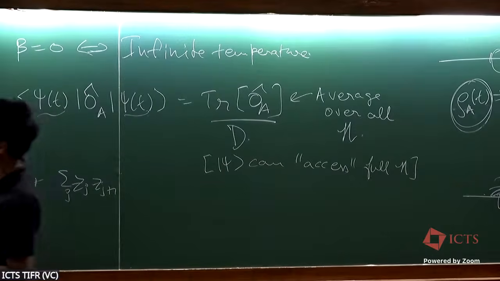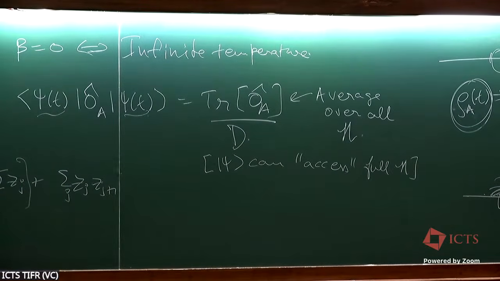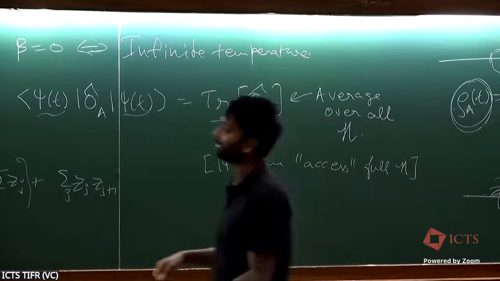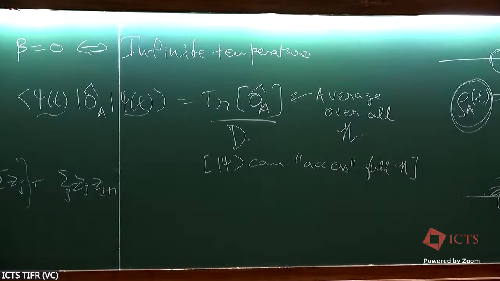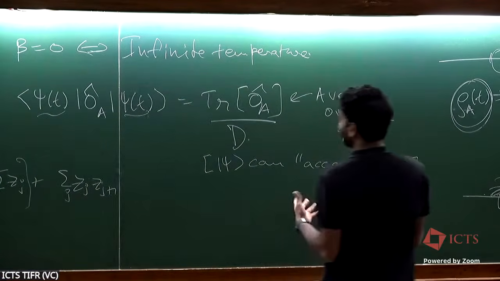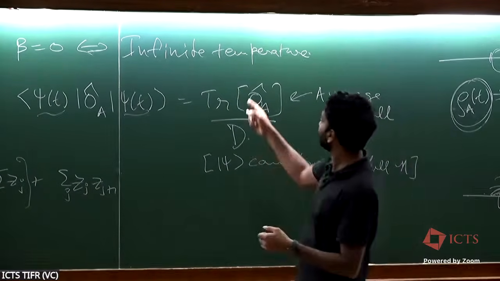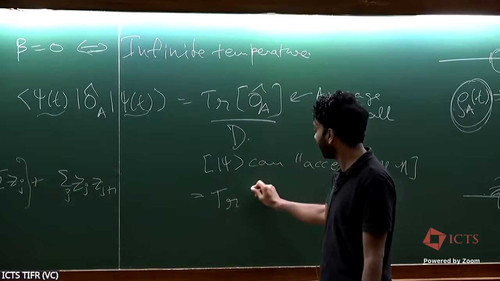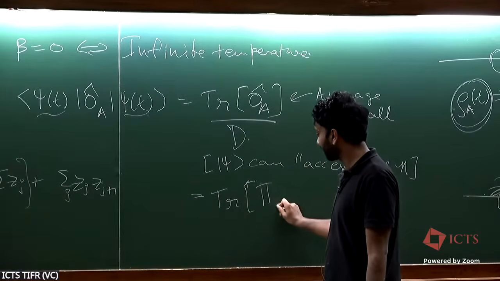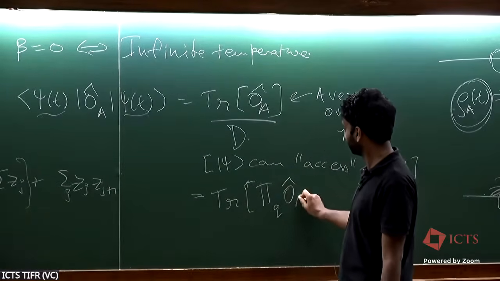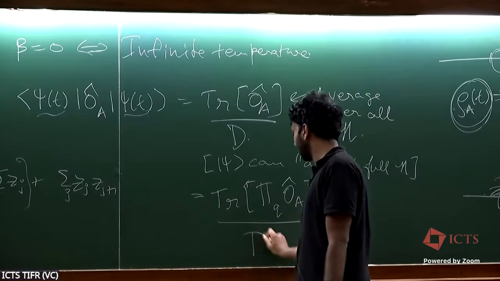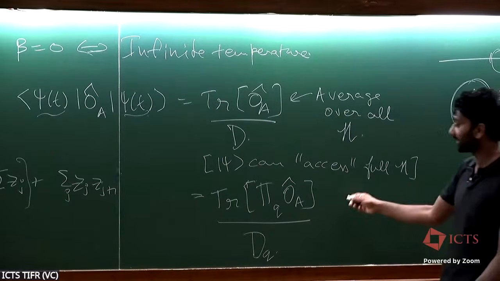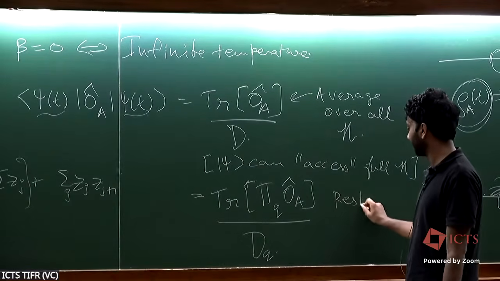Now I'm starting with an initial state which has a fixed value of symmetry. Right, it lives within a block. So this is the initial state. There is some fixed quantum number. And so for such an initial state, I claim that my definition of thermalization should be modified. So this has to be the trace over the projector onto the quantum number sector Q, divided by the Hilbert space dimension of the particular quantum number sector. So this is the notion of restricted thermalization.